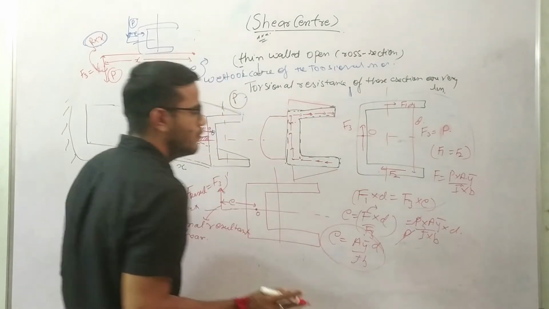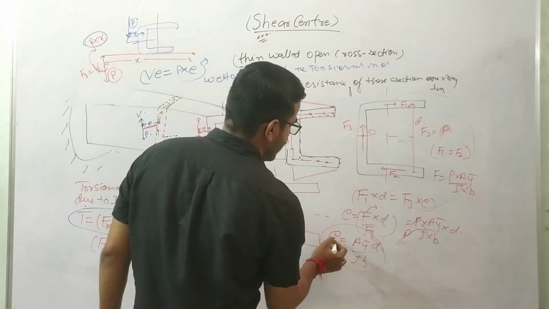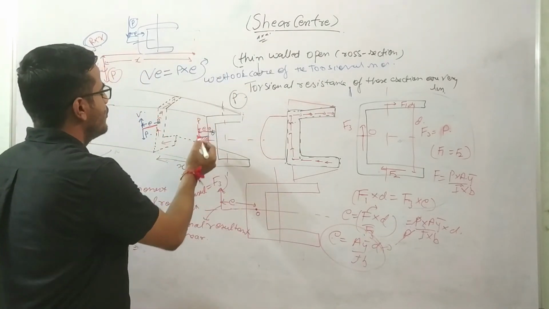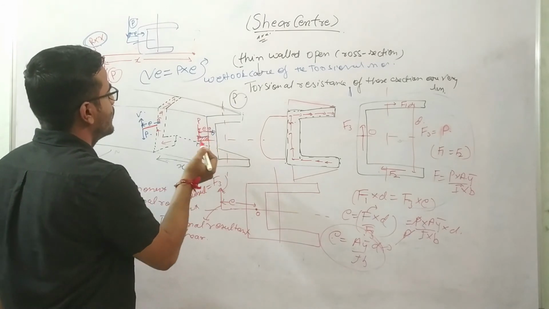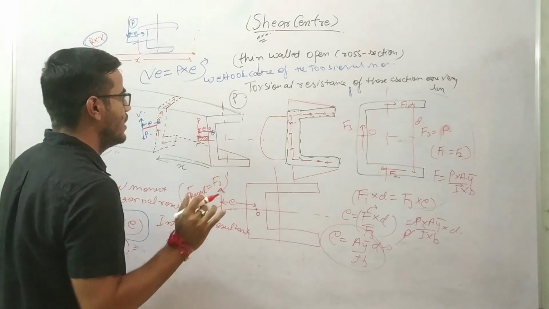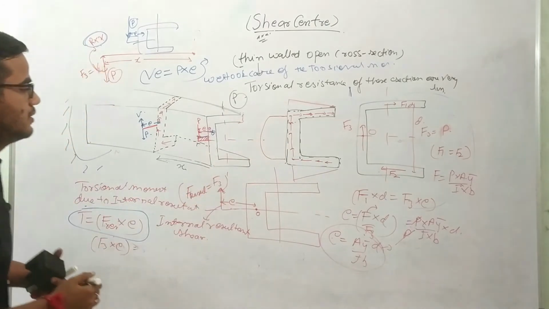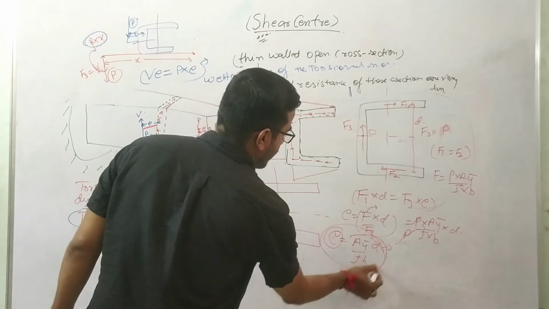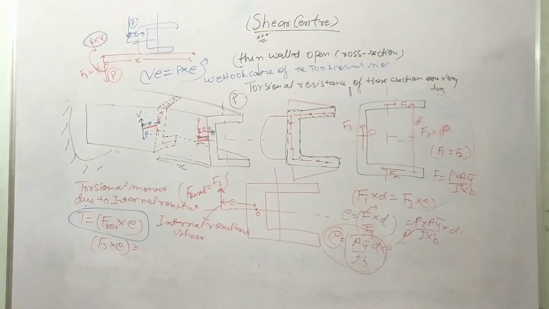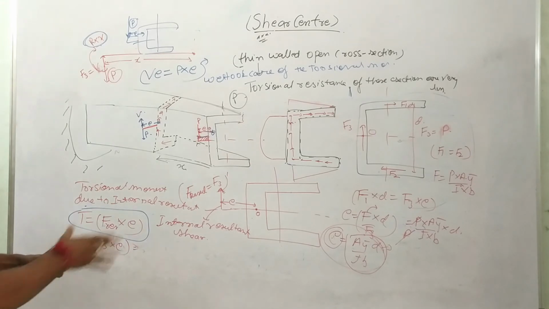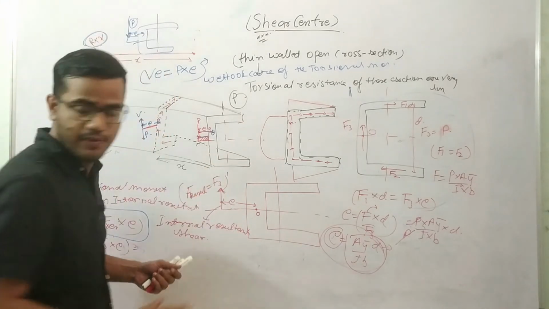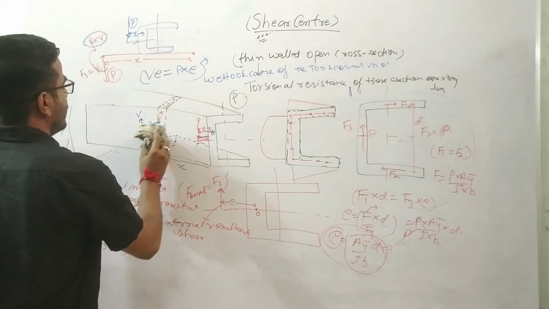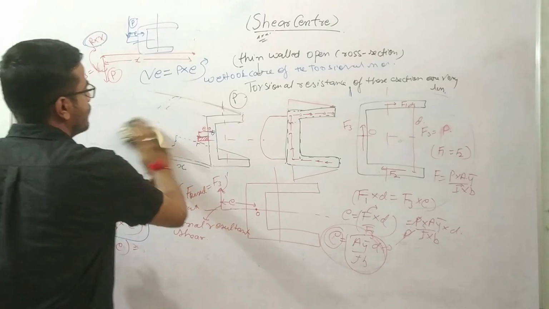The thing I want to show here is that the shear center depends upon the cross sectional property only. It doesn't depend upon the load. So if you apply a 10 kilonewton load or a 20 kilonewton load, the shear center will always remain the same. It is a cross sectional property. So we learn from this that the location of the shear center depends only upon the cross sectional properties. This is the basic idea I want to give you regarding the shear center. There are 2-3 points I again want to discuss here.